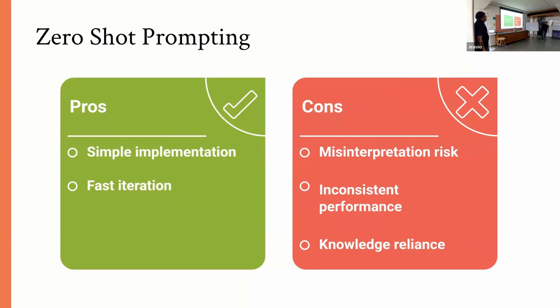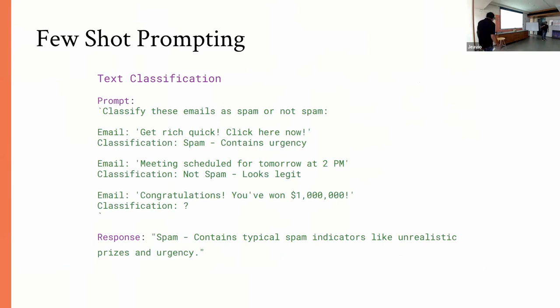To cover some of the cons and get better results, we have few shot prompting, where you provide examples to the LLM. Here is one example of classifying emails as spam and not spam. Providing certain examples to the LLM will help it understand what type of output you want. Also, it will understand how to reason about it and then get the desired answer. So providing some examples of the text data and the output you want will make the LLM easily identify what results you want. That is one simple example.